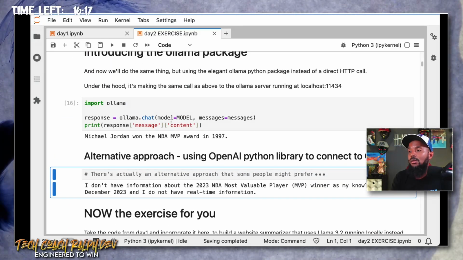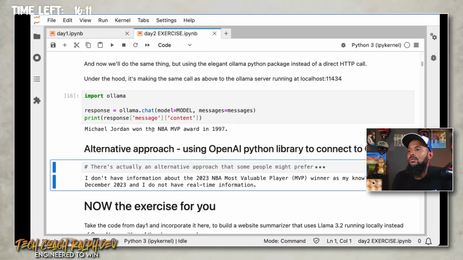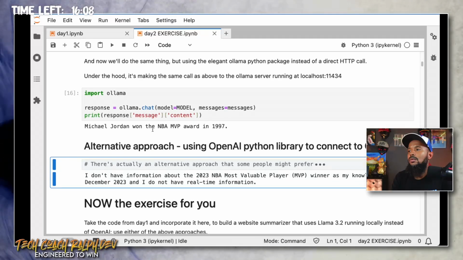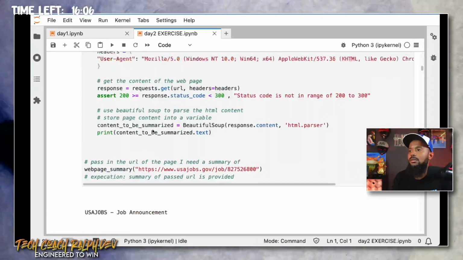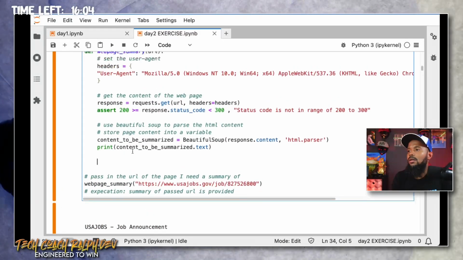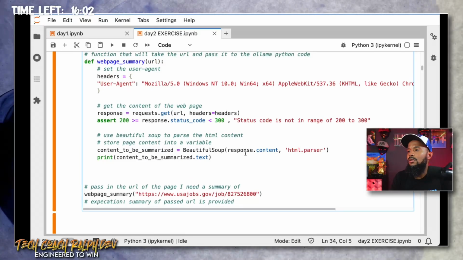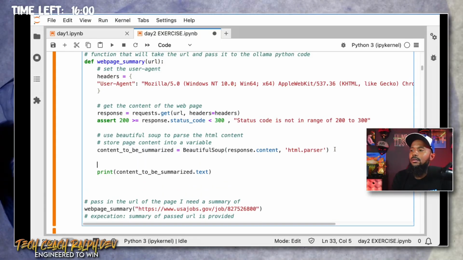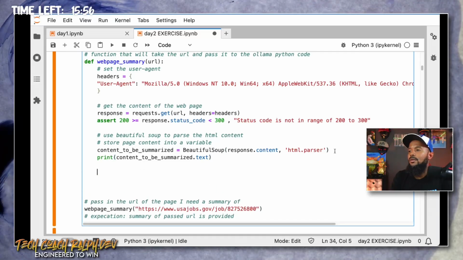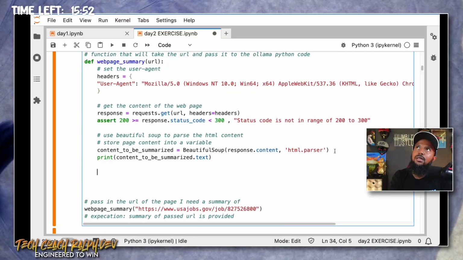We need to set the model as well. Let's say not response, but LLM, or we'll say